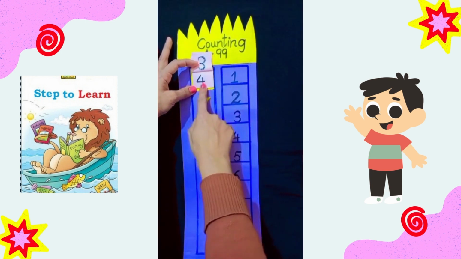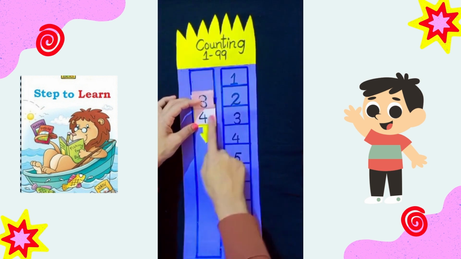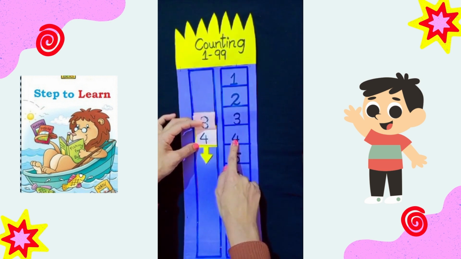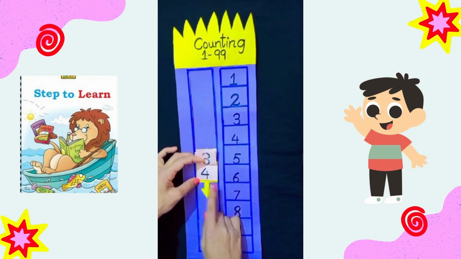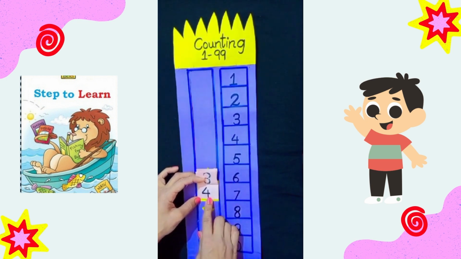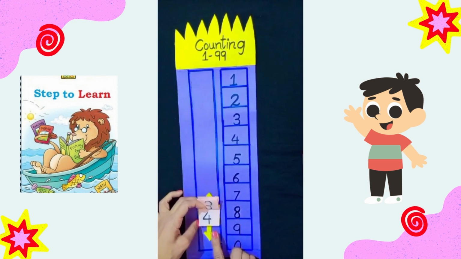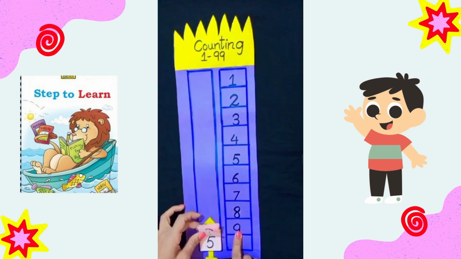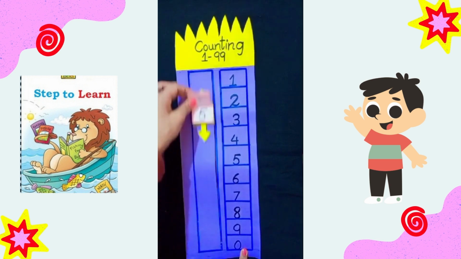41. 4 and 1, 41, 42, 43, 44, 45, 46, 47, 48, 49. And what comes after 49? 50. Now start counting from